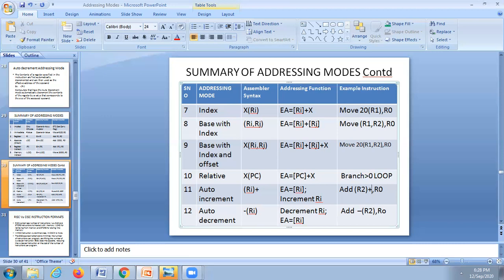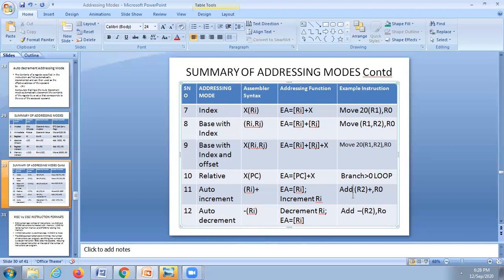Then if you continue, the value at 1004 in memory is retrieved and added to R naught, and again the result is stored in R naught. Like that, the pointer or address is automatically incremented, the data is fetched, and the operation is done. That is nothing but auto increment.